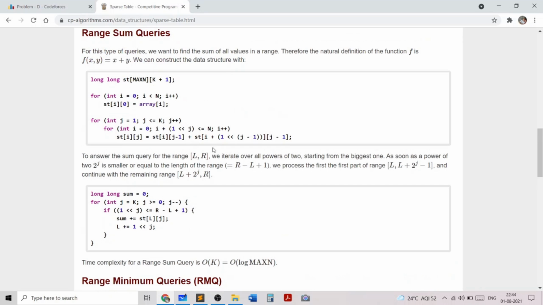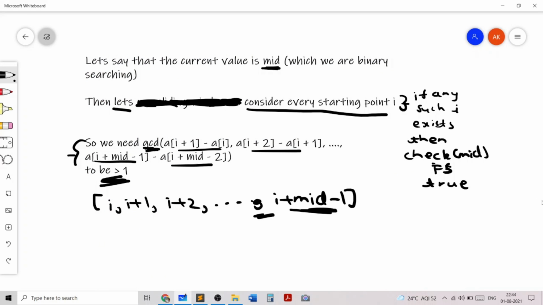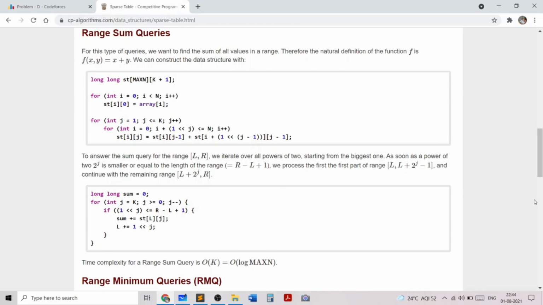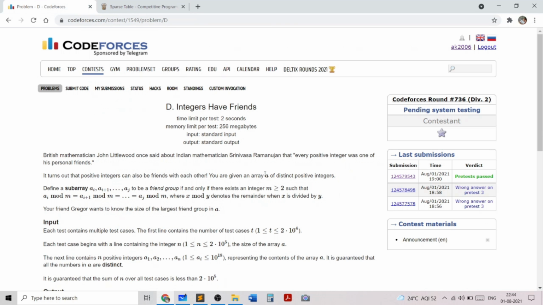And instead of sum, I basically did GCD. So I'll show you how that is done in the code. But the main crux of the problem is the observation, and then basically realizing that you need to use some data structure to compute range GCD. So now let's look at the code.